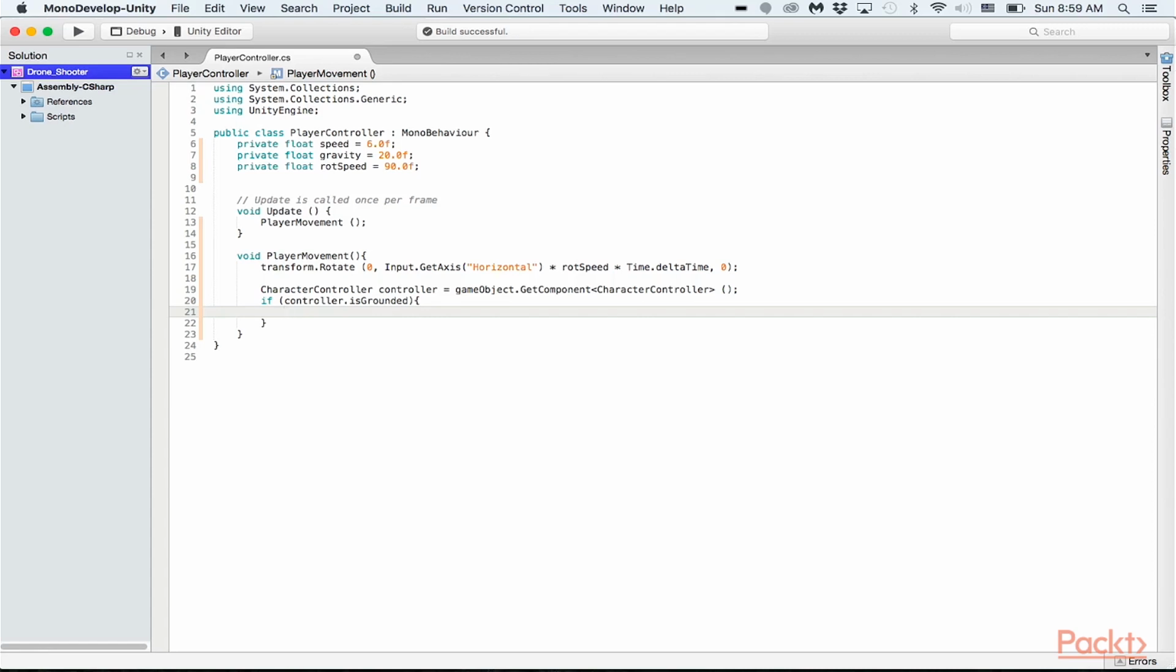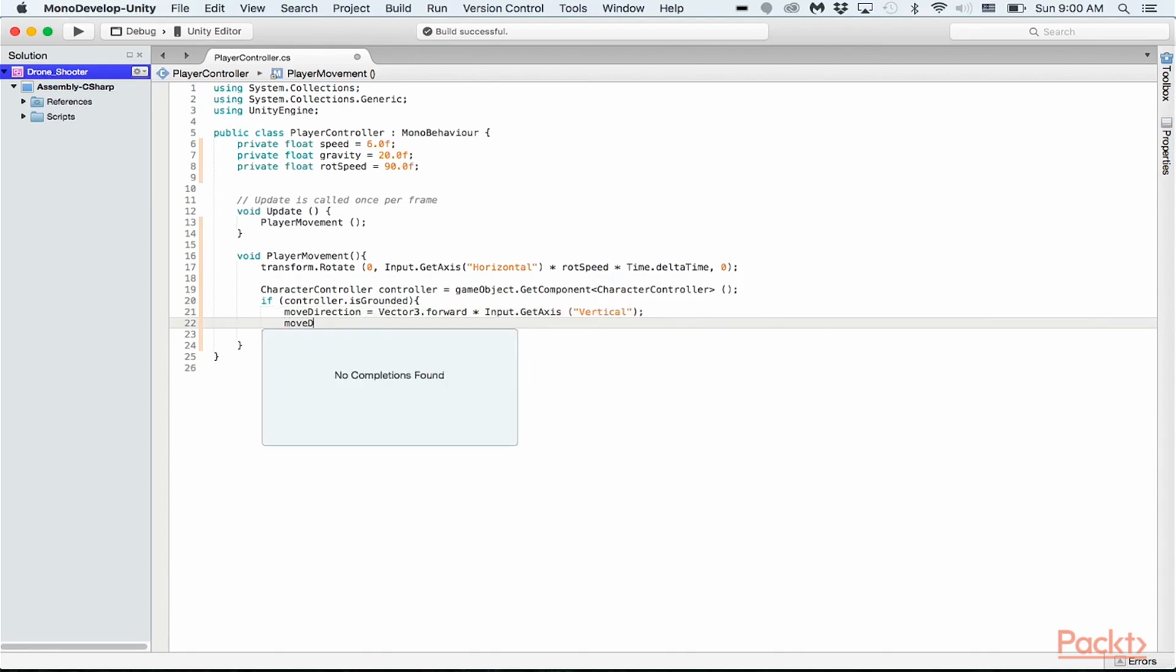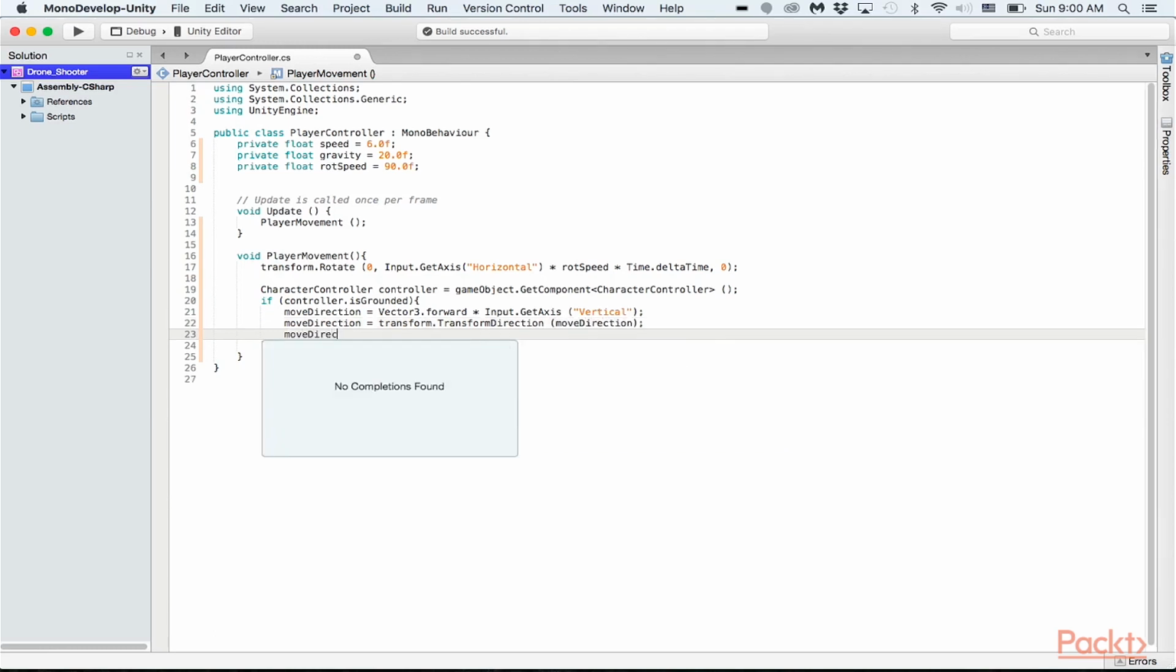If they are, then we're going to move them forward and basically apply some sort of force to make them go forward. So we're going to put a moveDirection, and moveDirection is basically a part of the character controller, and we're going to pass in a Vector3.forward multiplied by Input.GetAxis vertical, then moveDirection equals transform.TransformDirection moveDirection,